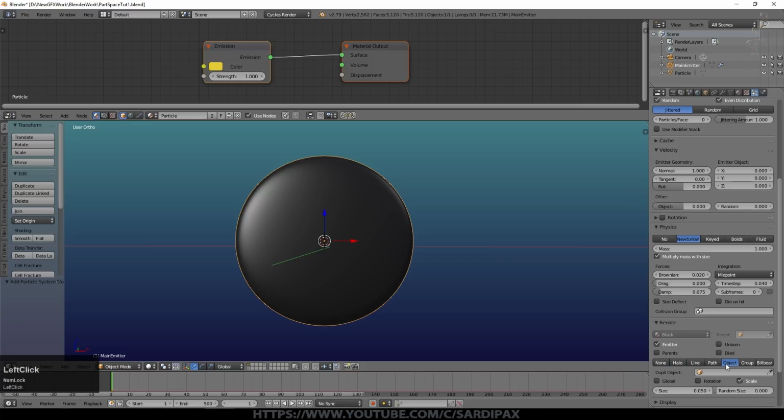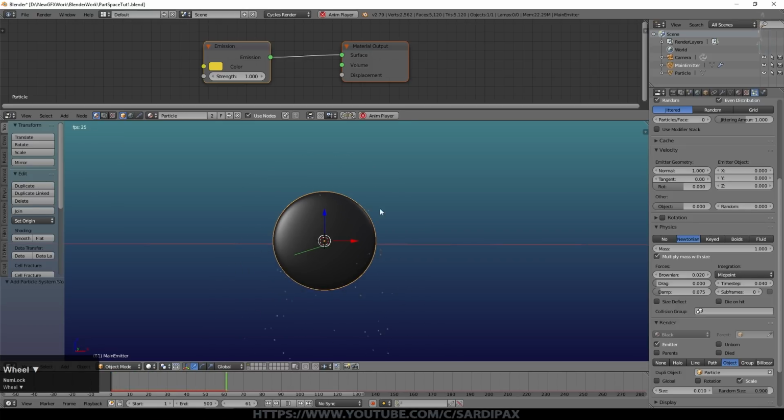We want to emit objects, so if we click in here we can select our particle. We want to affect scale, and we'll set that at about 0.9 for the random size, and the overall size 0.01 is what I selected. Again, we may need to tweak this in a moment. So if we press play now, you can see we're getting little particles emitted and they're just falling.